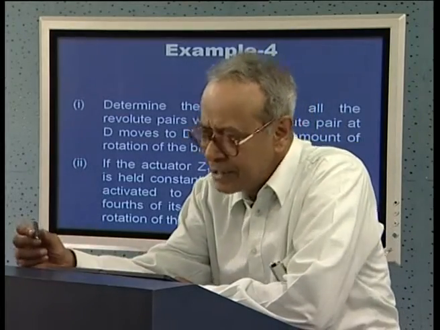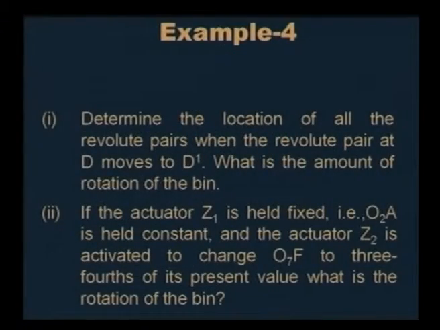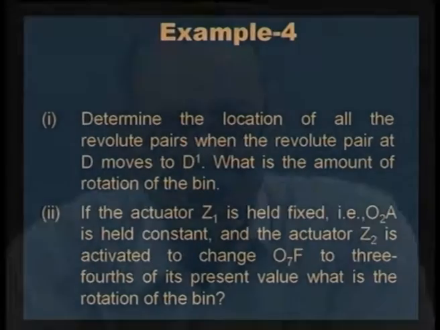Now, I leave an assignment for you to do from the same figure. Assume the actuator Z1 is held fixed, that is the distance O2A is not changing, and the actuator Z2 is activated to change the distance O7F in the figure to 3/4 of its present value, then what will be the corresponding rotation of the bin? You can follow exactly the same logic and same technique of graphical analysis to solve the second part of the problem. Let me now go to another example,